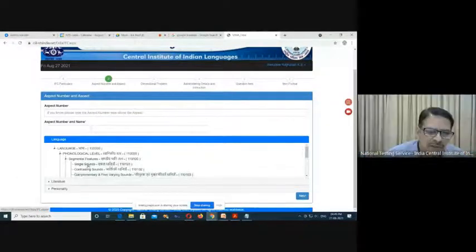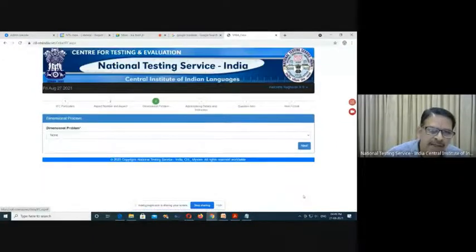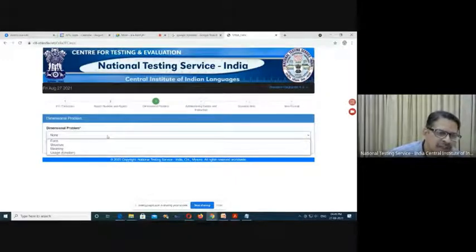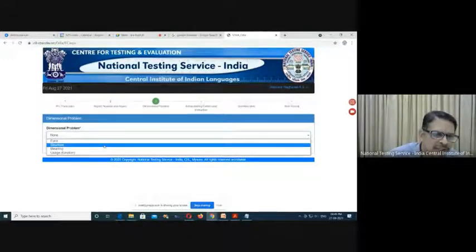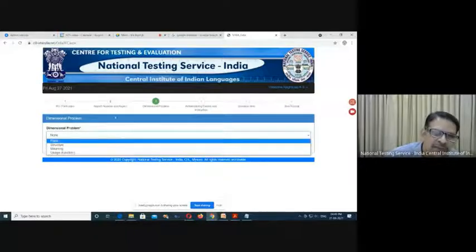Suppose you are writing a question item on single sounds, you select single sound and click on the next button. If you select language, the dimensional problem will come: form, structure, meaning, and usage function.